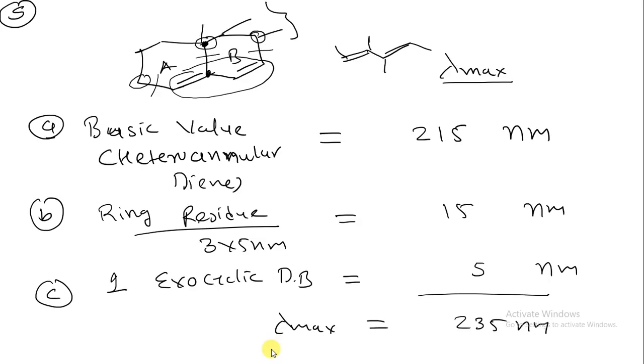So now those are the 5 examples that I have explained to you about the diene system: simple diene system, homoannular diene system, heteroannular diene system. Then after ring residue, extended conjugation: we are not having any extended conjugation in these 5 examples. In further examples, after this example, we are having extended conjugation. Last one, that is the alkyl substituent. Now I will give you some homework for the calculation of lambda maximum for homoannular and heteroannular diene systems. You have to calculate it on your own.